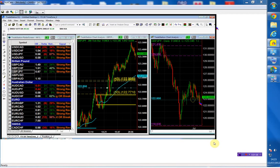Rather, we had a move back above the 122.85, and we pushed. Again, you can see the short covering that came in. And we closed at 123.34. If you look at the chart here, at the intraday chart,